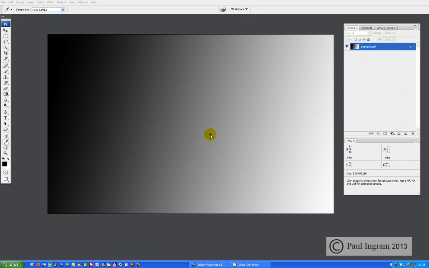Let's just have a look at a few small but important things ready for setting up using levels, or maybe curves in future, for adjusting contrast. And I've just got this grayscale ramp on the screen here. It makes no difference what image is on the screen, but when you use the eyedropper tool or the color sampler